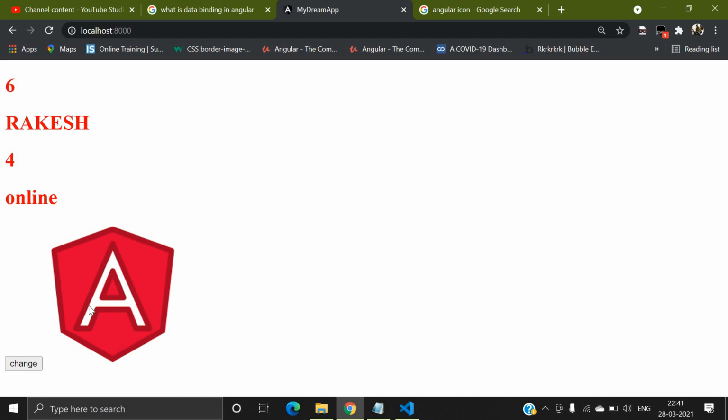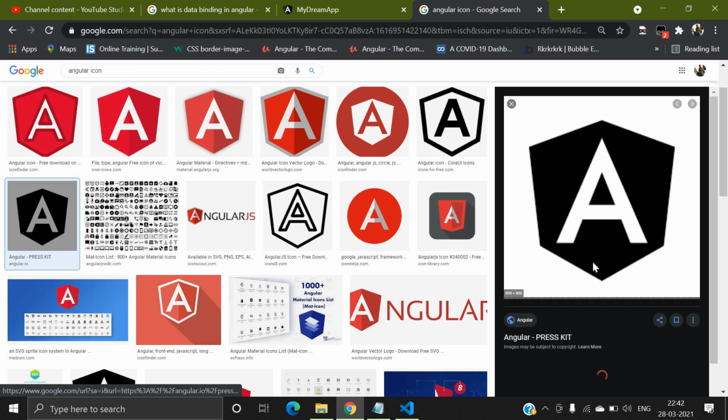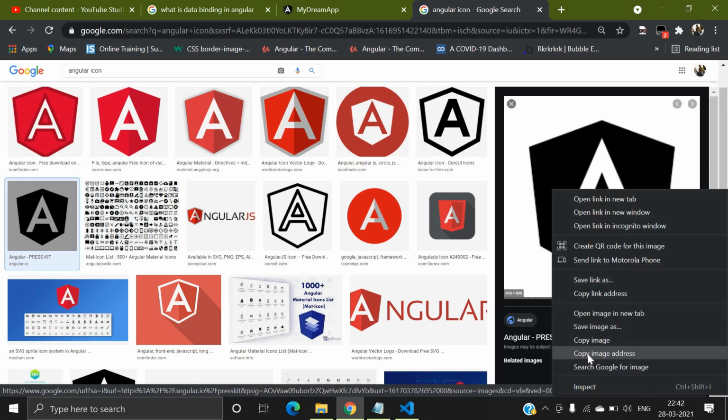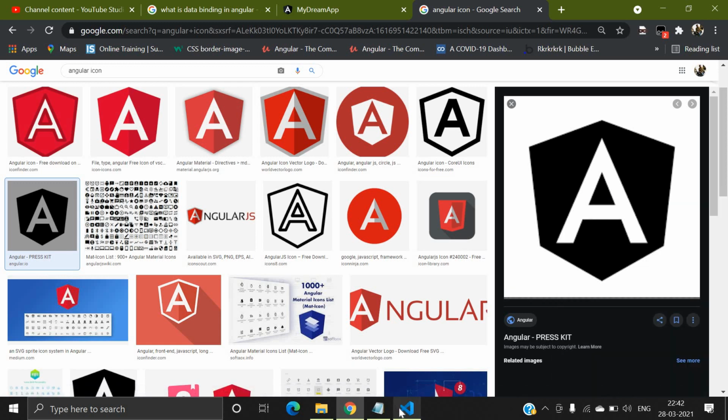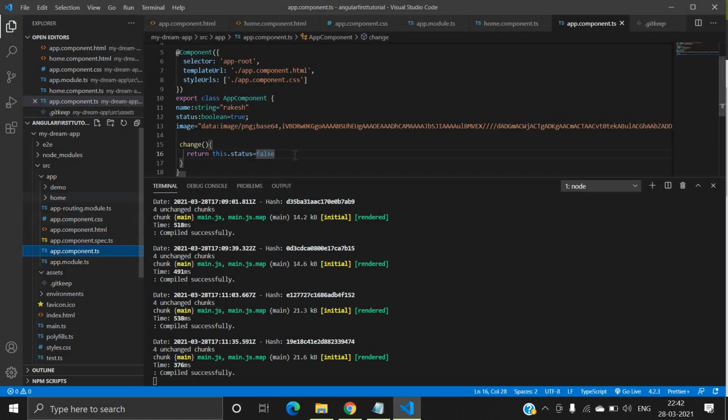If I want to change this image with the help of this button, first of all I will take another URL, like a black one. This image address I will use inside the ts file.